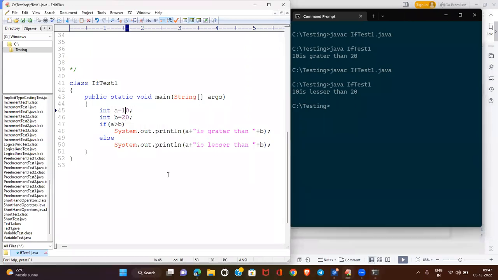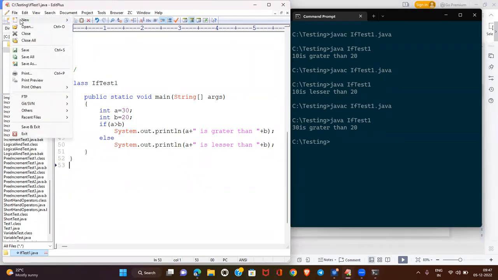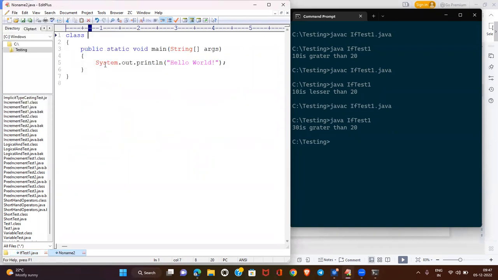If I make it 30, now compile and run this. 30 is greater than b. Like this, you have to write it over here. This is the simple if condition, if else conditions. Now if I go for an if else ladder, go to Java,